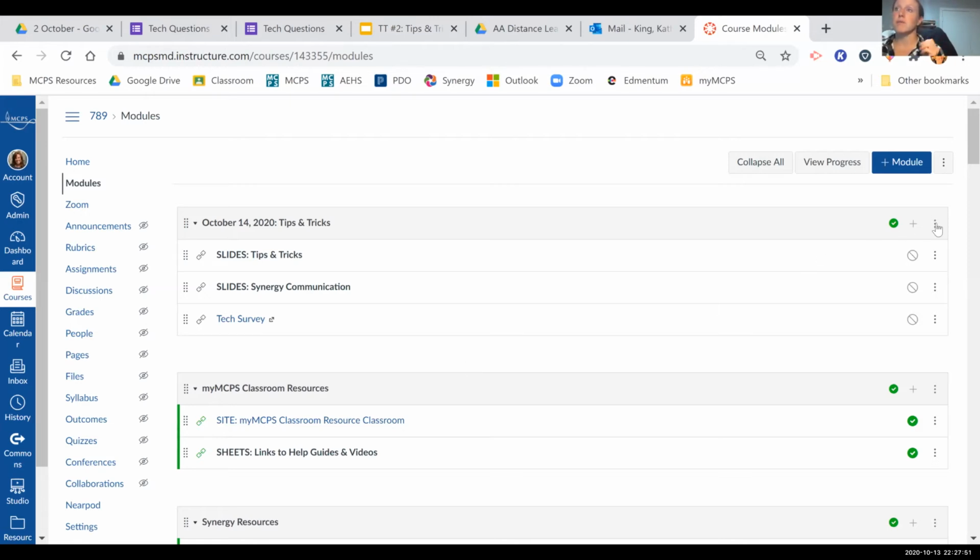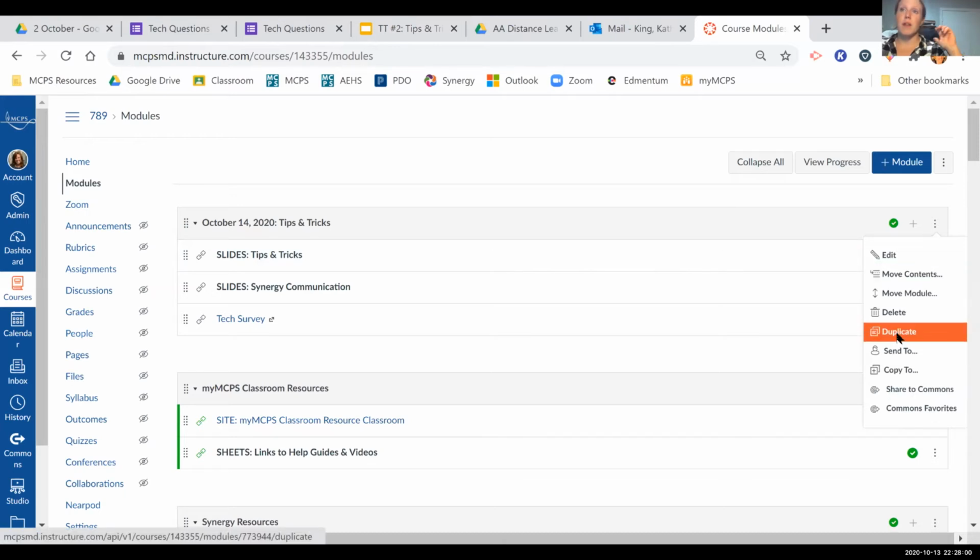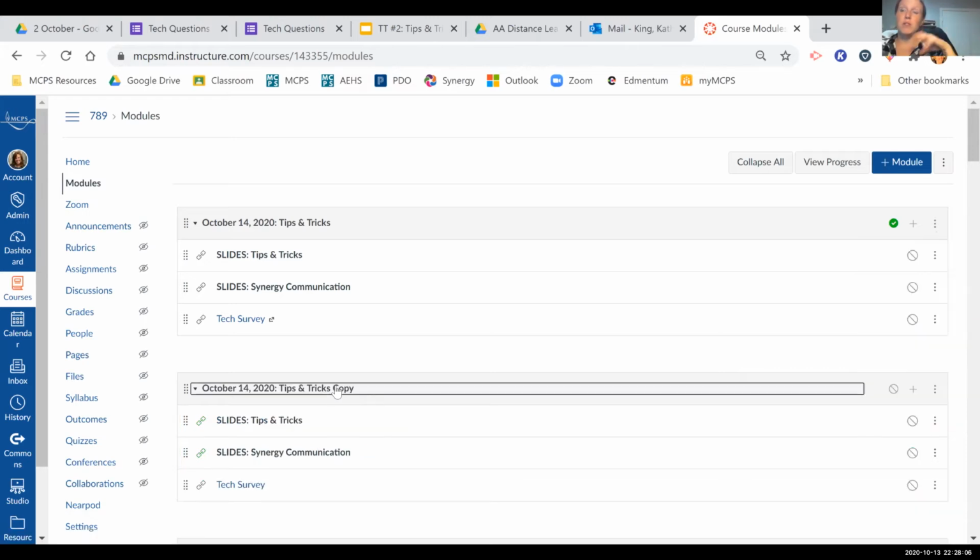And to copy and paste a module, you just click on the 3 dots in the module heading bar and click duplicate. Now, fortunately, it will tell you that it's the copy, so then you can rename it. And fortunately, it just goes right below it. It doesn't send it all the way to the bottom. You can also